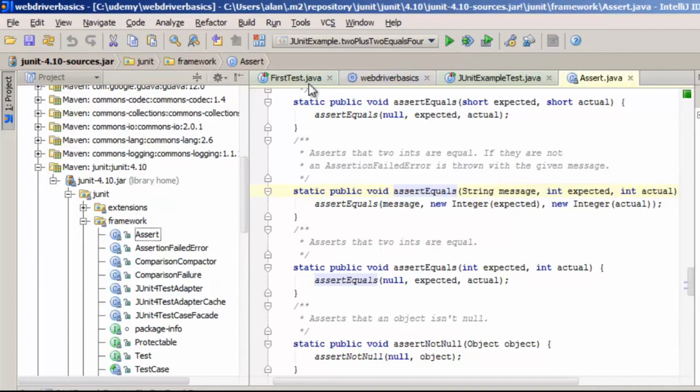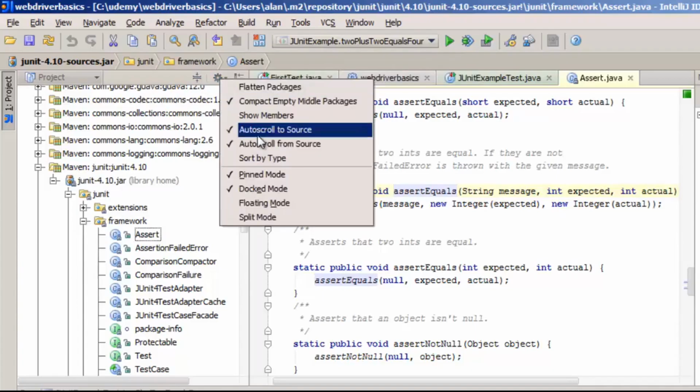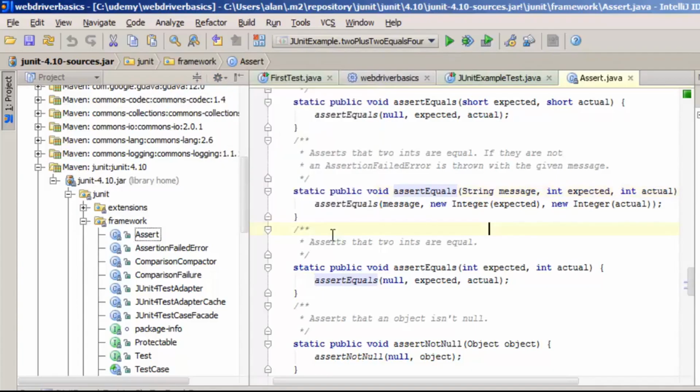So, if you haven't already done it, when you do control-click, you'll see a little message up here that says, "Can't find the source code for that, do you want me to download it?" And you'll say, yes, I do want you to download it, and you'll click on the download link. But then what will happen is, because I have the settings set up to auto-scroll to and from source, you can see now that we've jumped to the source file, and in the project hierarchy is